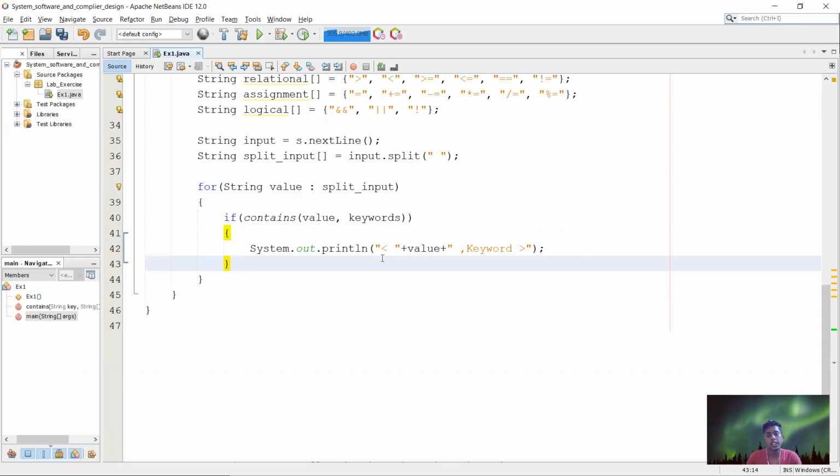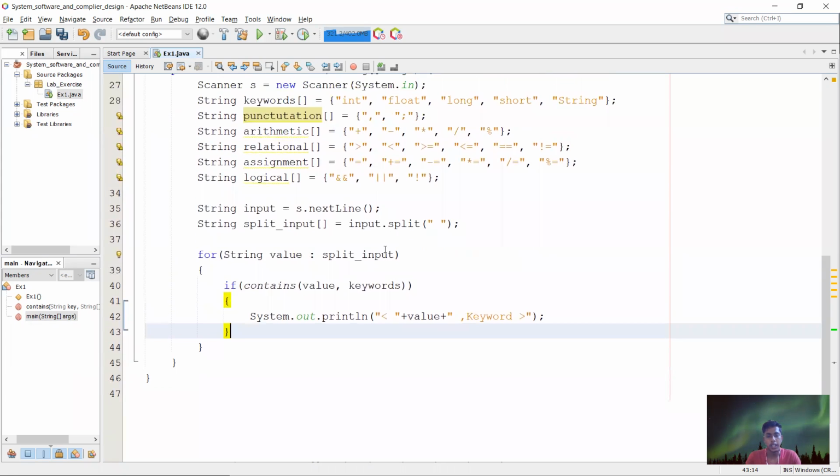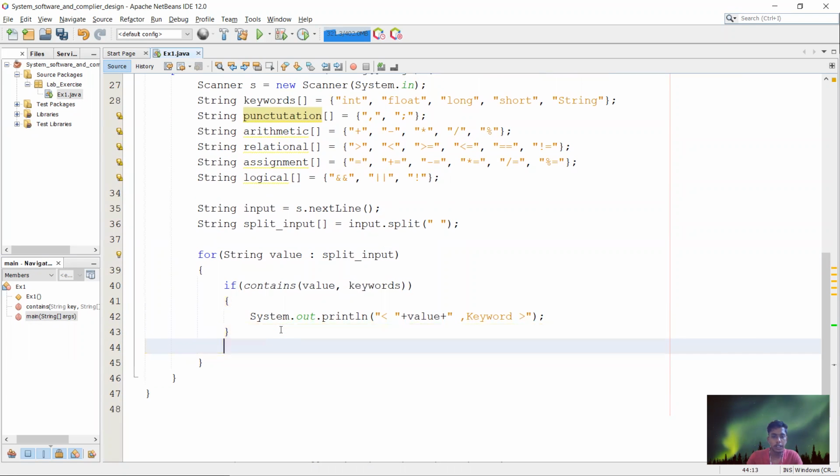So for the first one, keyword, we have finished. For the next, in the same way, we are going to write the code for punctuation. Same, I'm calling that function contains, with the value inside it. I am taking the split input.